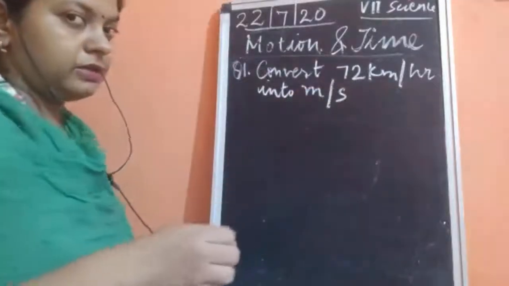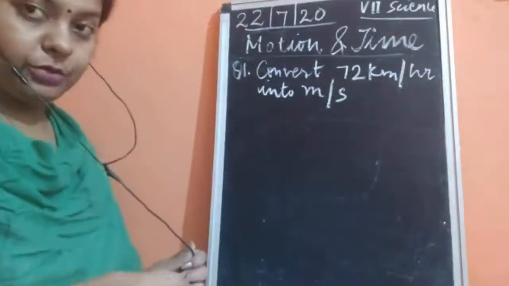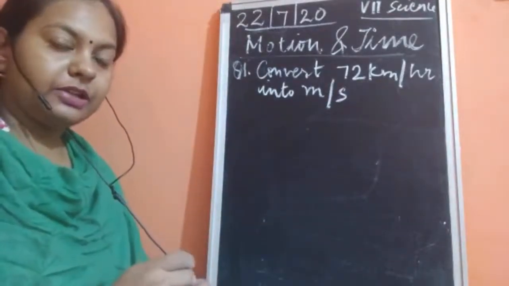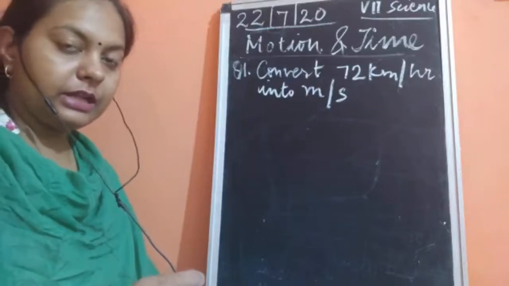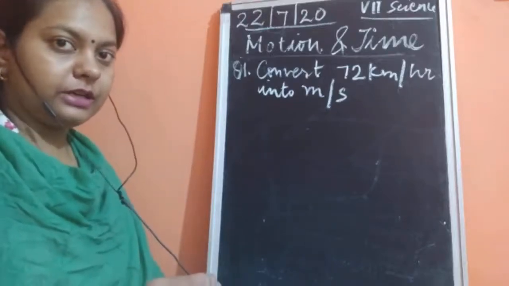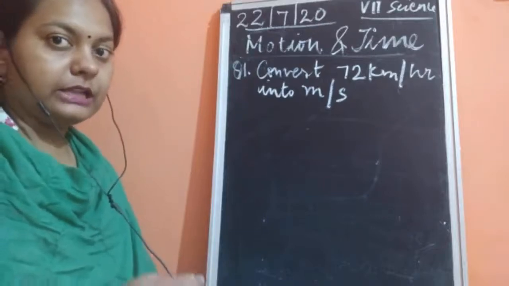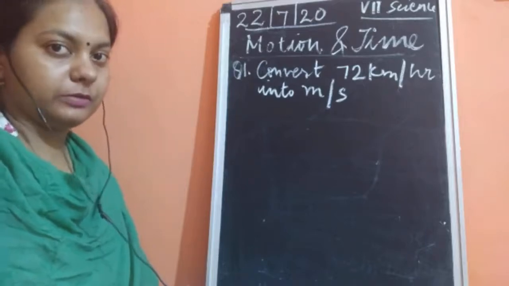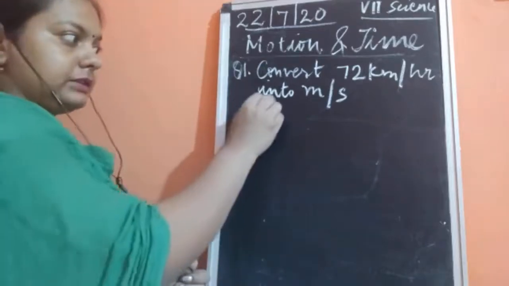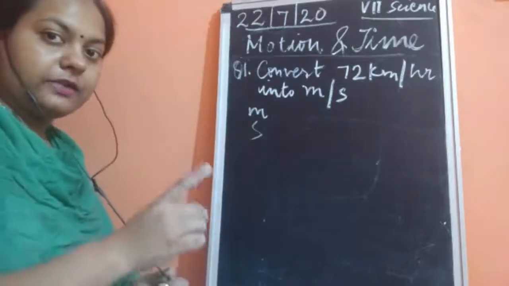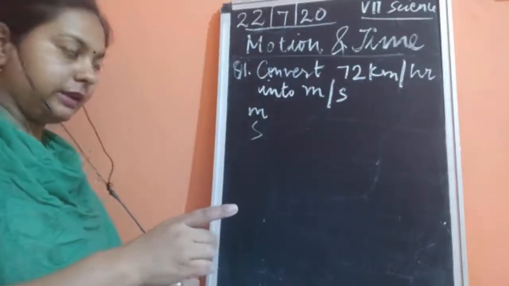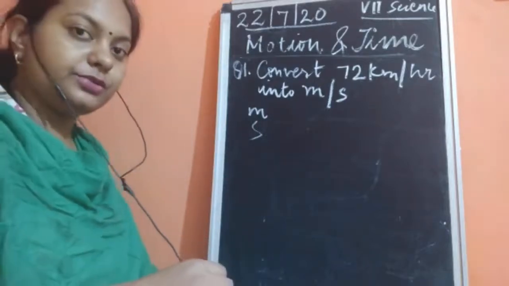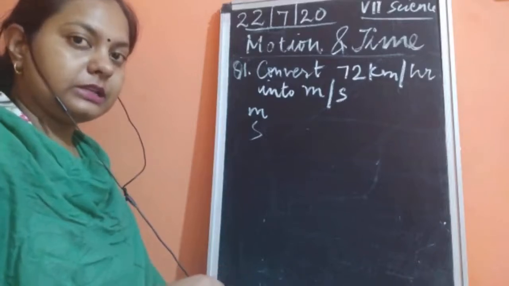This is a very common conversion which you have to do while solving numericals, because if the distance is not given in the standard unit, you need to find out the distance in the standard unit. If the time is not given in the standard unit, you have to find out the time in the standard unit. Unless it is asked in your question that you have to convert this in kilometer per hour, you need to take the distance in meters and time in seconds. Without equating these two values, you are not going to get the correct answer. So please remember that you will always use the distance in meters and time in seconds.